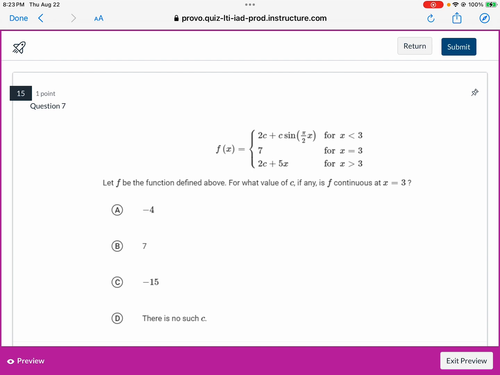Or another alternative, what you could do is if you plug in 3 into both the top and that bottom one, and then you can plug in these. So for example, you can plug in -4 for c, so option A. If you plug in -4 for c, and you plug in 3 for x, do you get the same answer? And then you can do the same for 7. You can do the same thing for -15. So you can check your answer that way. So that could be one way of doing this problem. Okay, it might take a little bit more time because you're checking more, but